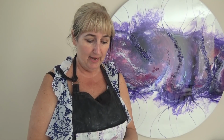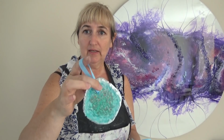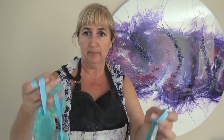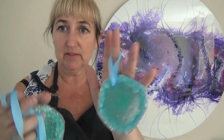As we're only a couple of weeks away now till Christmas, I'm actually going with a Christmas theme this week, and I've created some little resin geode style tree decorations. So I made four. Bring them all up here. So I've made four little decorations for the Christmas tree, and you can see that the transparency light will shine